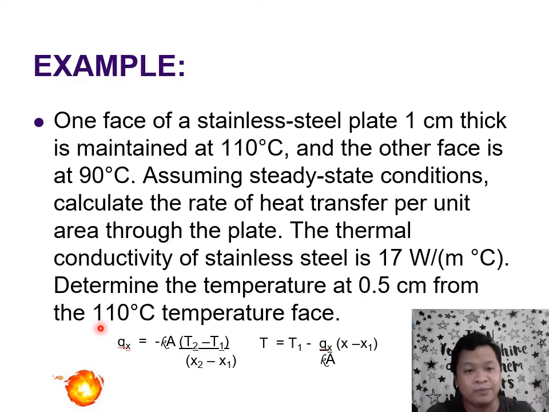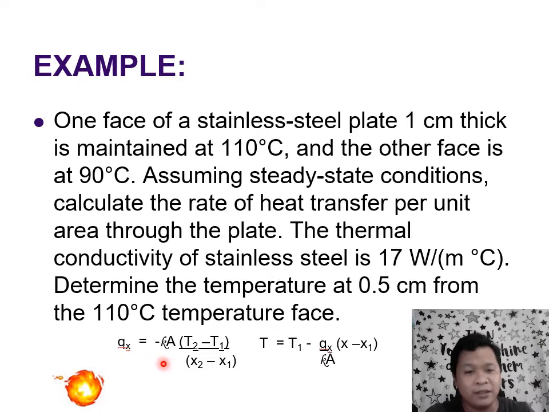crosswise. Okay, so the rate of heat transfer per unit area is Qx over A. So you put A over to the denominator and assign it a value of 1 meter. All right, so we have our T1s and T2s. You have your K value, and you have your X, which is basically for reference 0 and 1 centimeter. So if you plug in the values here, you'd get a Q over A of 34,000 watts